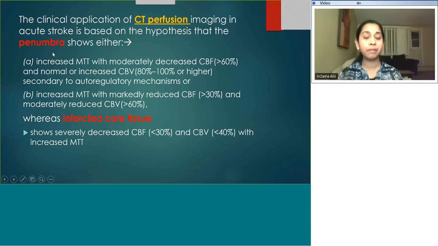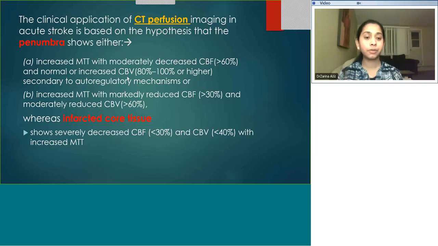How do we define a penumbra on CT perfusion? That means when the blood flow to a particular area is suddenly occluded, the first thing that is going to reduce is the CBF. So obviously the area of brain with decreased perfusion, decreased CBF, would be seen in the penumbra as well. But what is increased or normal is the cerebral blood volume, basically the volume of blood in that